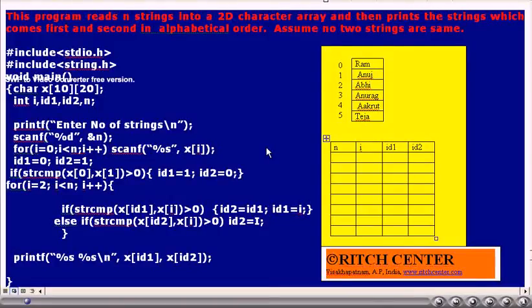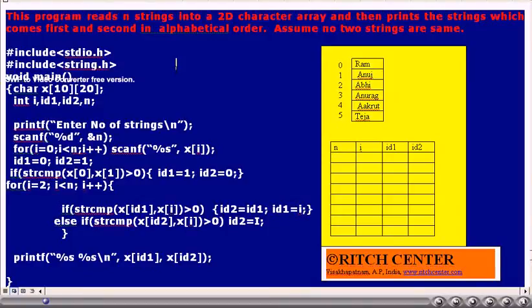They are being read into this 2D character array X from the first for loop. The theme behind this problem is as follows.